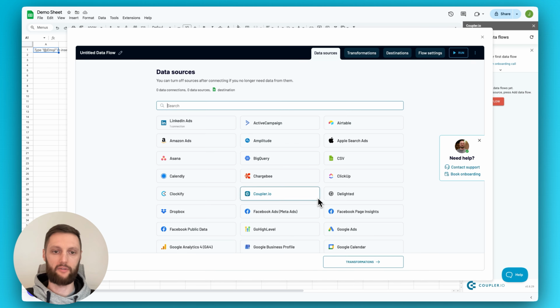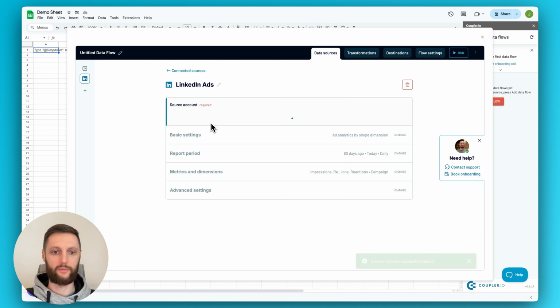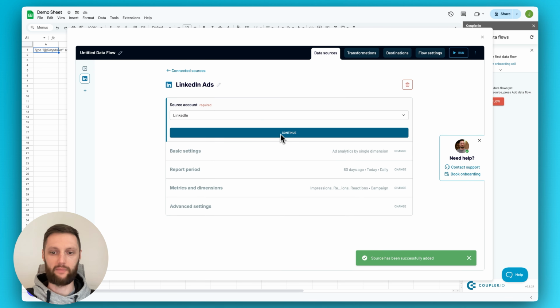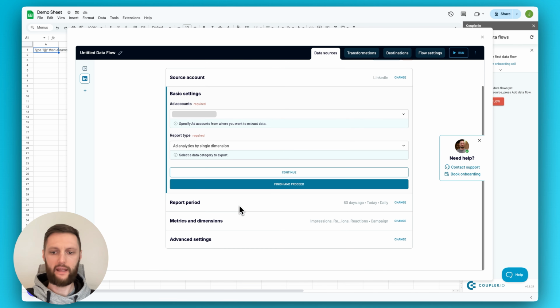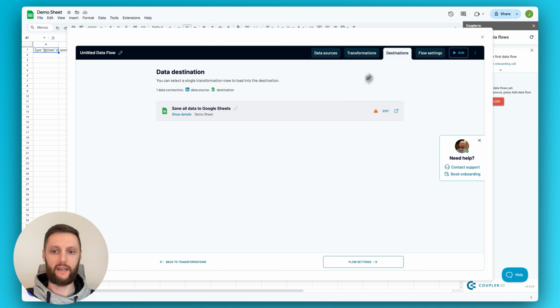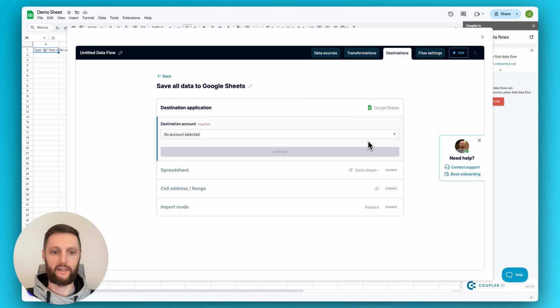So let's do something really quickly. Let's say I want to do a LinkedIn Ads data flow from scratch. I already plugged in my credentials. I'll specify the ad account. And then for the sake of this demonstration, let's say I'm happy with everything I have. So I'll skip over transformations and simply double check my destination settings, connect it over here,